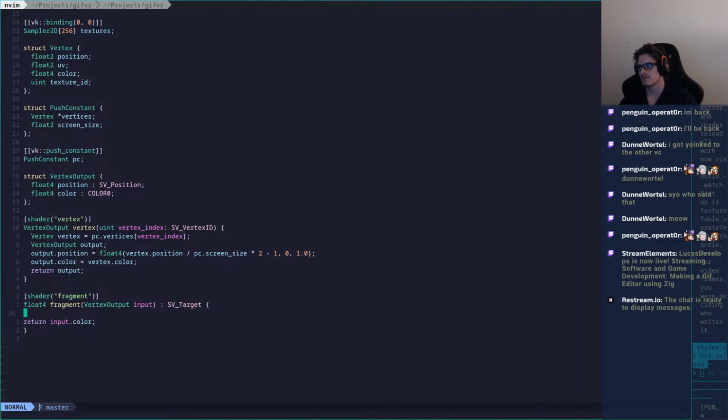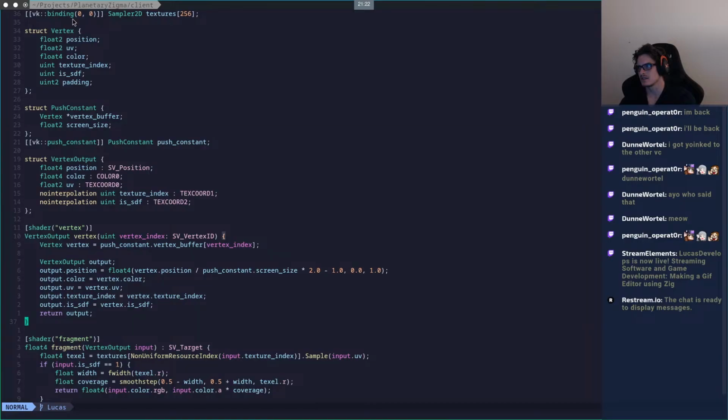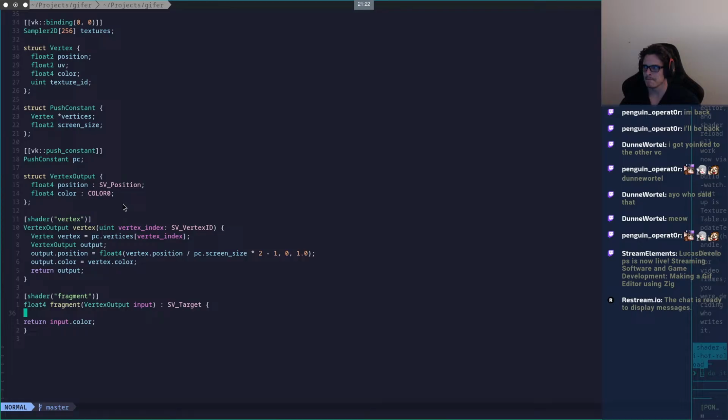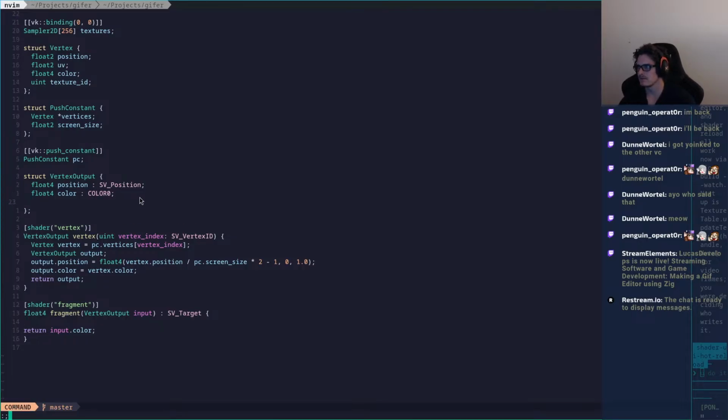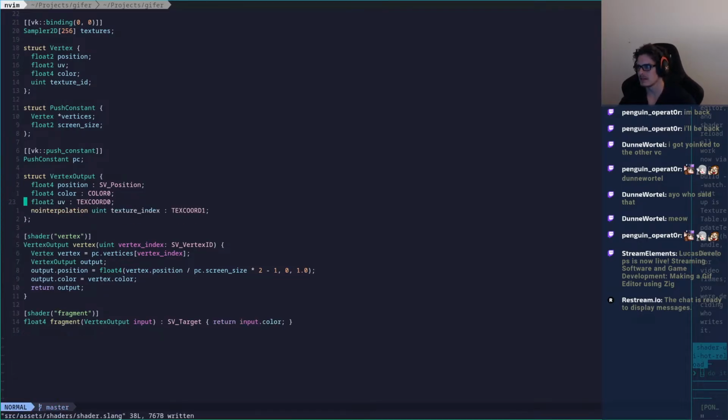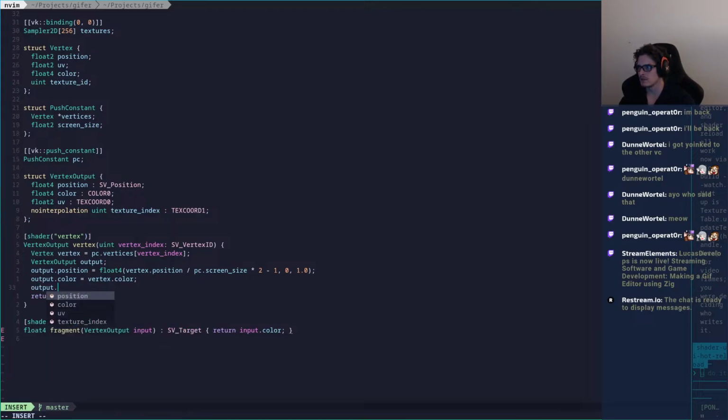Why do I have a separate... Oh, I guess I do need a separate one. And then I do need the non-interpolation. Yeah, basically, we're gonna reuse this. We don't do the SDFs yet, don't worry about it. There, and then we can do in here output UV is equal to vertex UV,